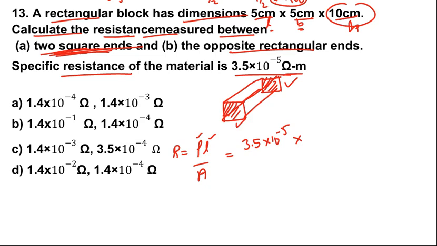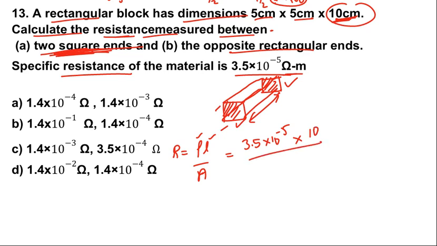So you need not consider this as LBH. Based on the length we can say it is the length. This one is the longer one, no? We can take it as the length here. So based on the given question, whatever it is asking, based on that, between those two we have to take the length here. Okay. So what will be the length for this? Between these two square ends, this will be the length here. So it is given as 10 centimeter length. Which is more here? These two are the same and this one is different, which is more. So it becomes the length here, that is 10 by